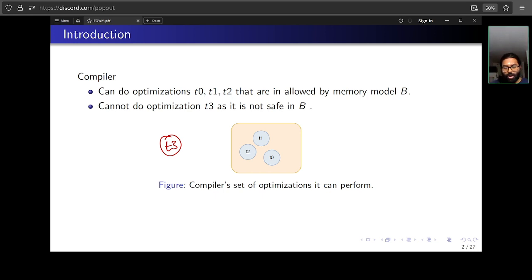Now, let's say I want to allow T3, but T3 is not safe. So I'll do something: I compile and add the T3.